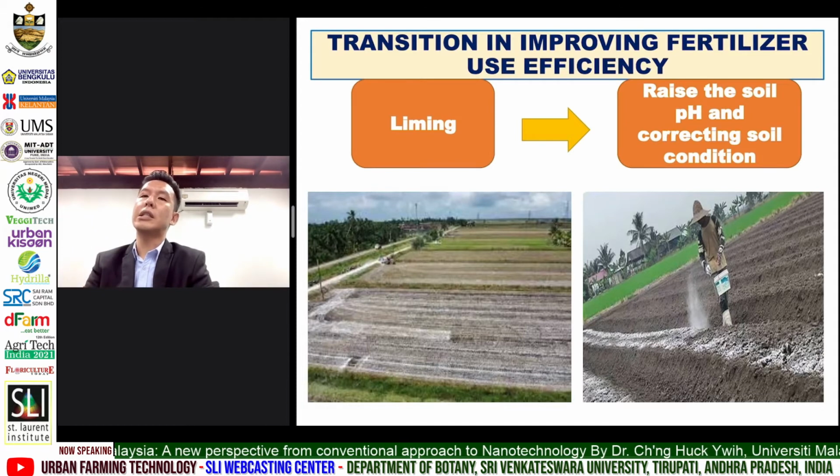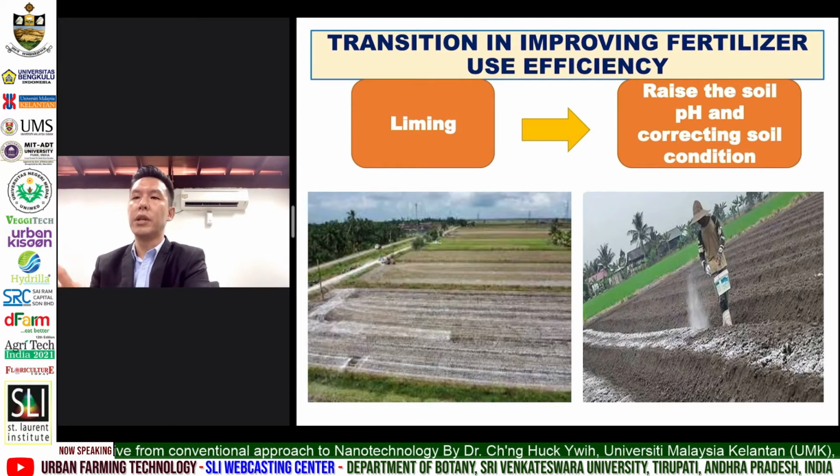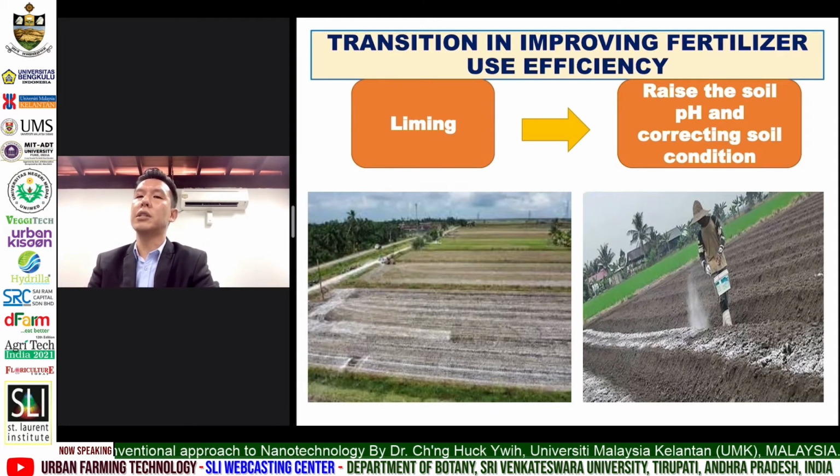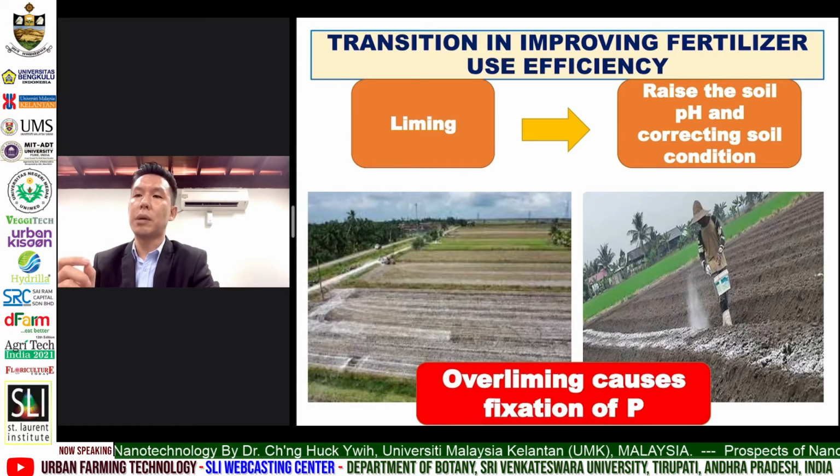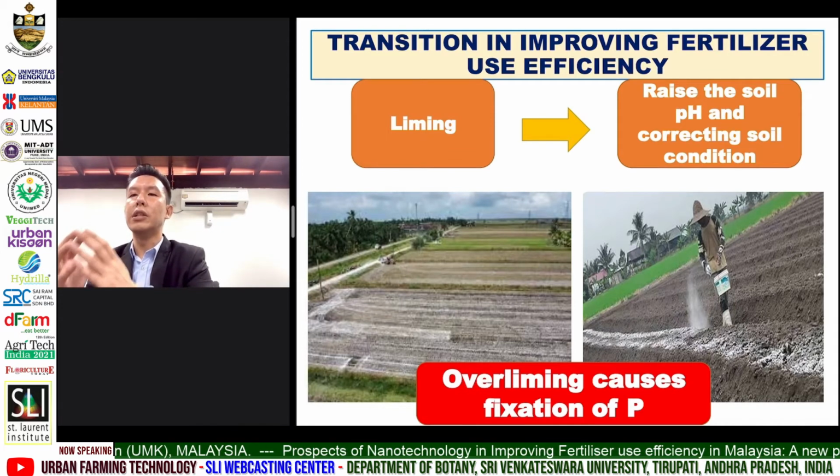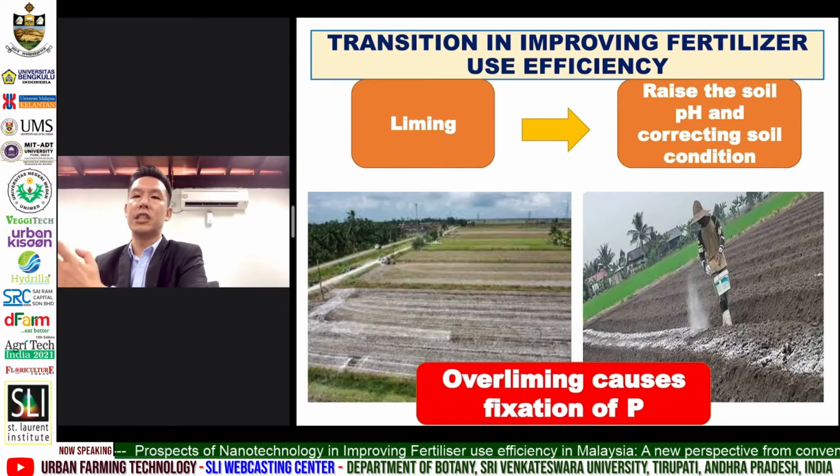So once the soil pH becomes alkaline, it creates another adverse reaction. So the overliming causes a lot of calcium ions to be present in the soil. So these positively charged calcium ions will bind with the negatively charged phosphate ions from the applied phosphate fertilizer to become a solid compound and not available for plant uptake. Thus, it reduces the fertilizer use efficiency. So this mechanism is similar to that of the aluminium and iron in the acidic soil.